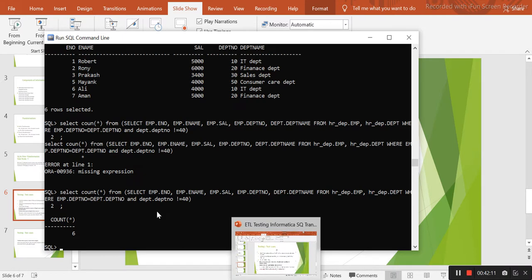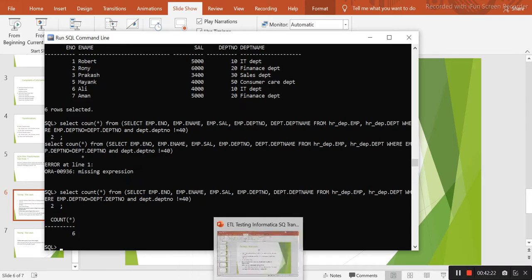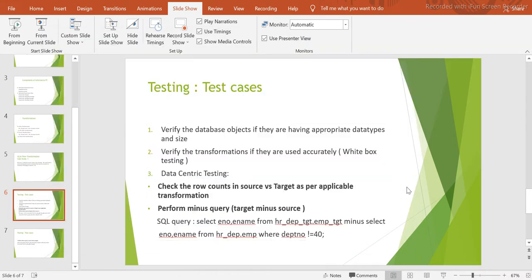If it is a passive transformation, no need to do anything. You can simply get the count from source and target, and both should be matching. All right, this is the first thing that we will do as part of the data centric testing. Now the second check that we are going to perform,